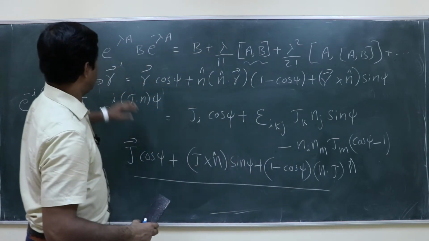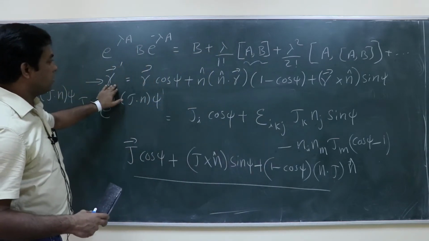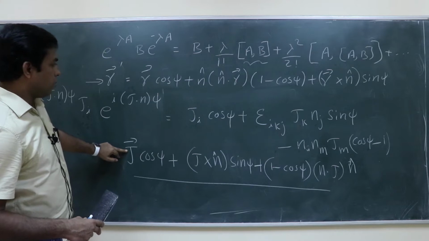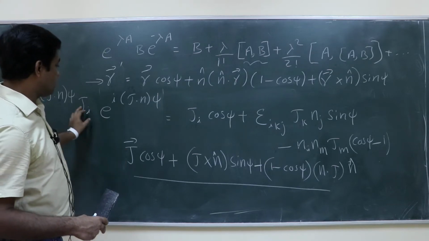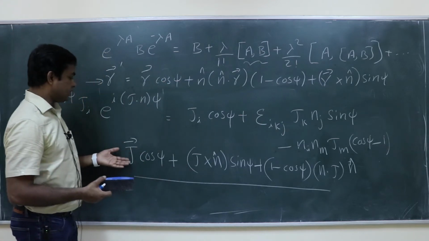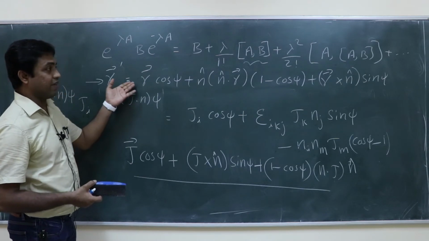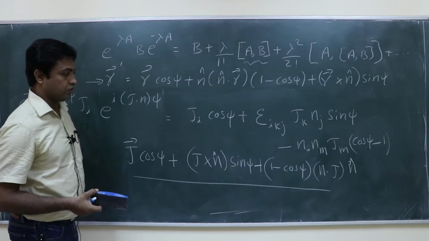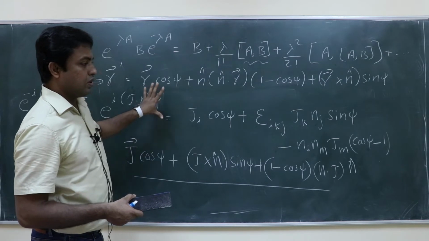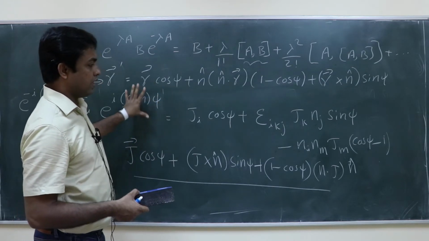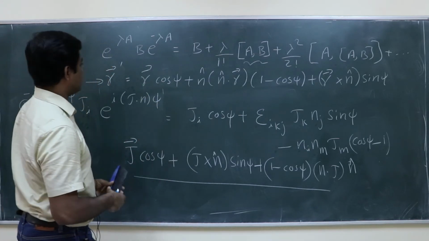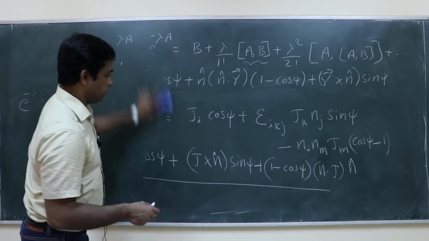So now you can see the position vector r transforms like this. This is what we have done earlier. Now the angular momentum operator vectors, these are our operators, also transform in the same way. That is why we call j also a vector, because it transforms the same way as the position vector. The basic idea here is how to use the Hadamard lemma to derive this. That is the mathematics part. The physics is basically the angular momentum operator and its transformation.